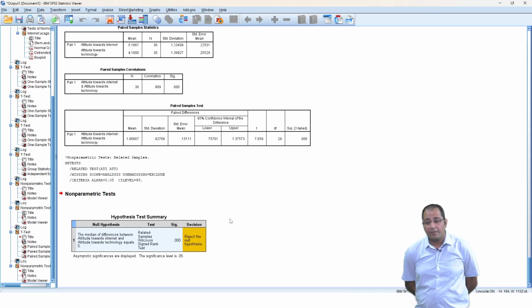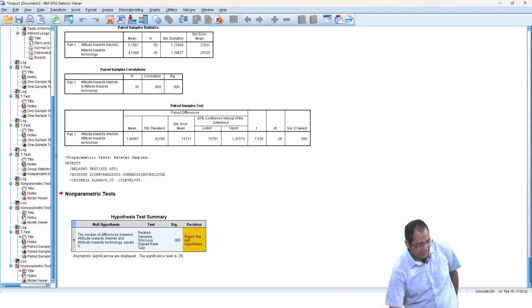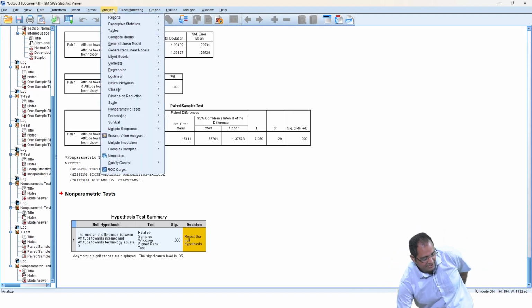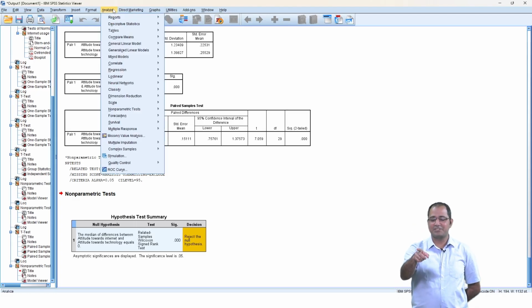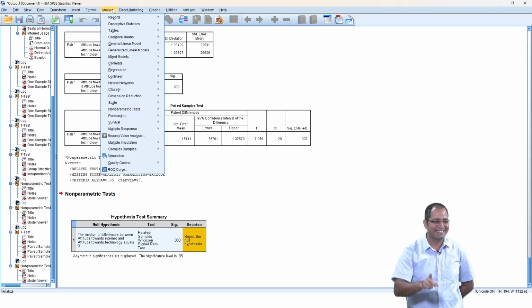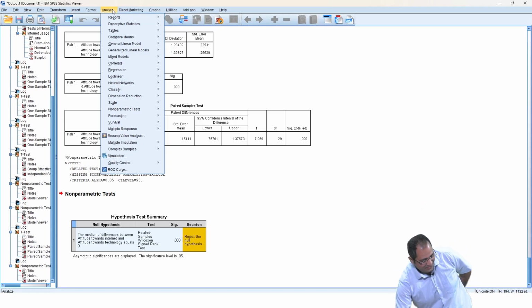Sorry, once more, analyze. So when you go to a magic show or any performance, do you tell them to repeat? Okay, I'm just, okay, analyze